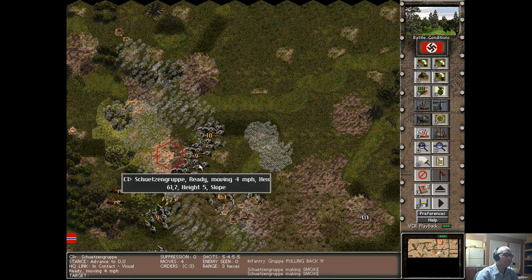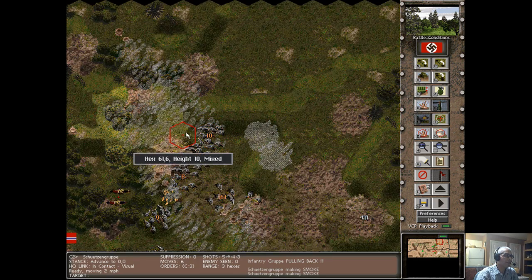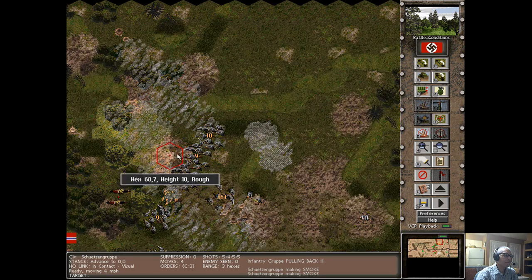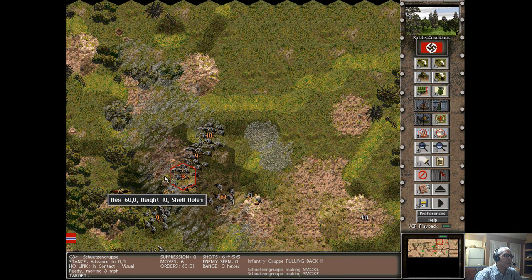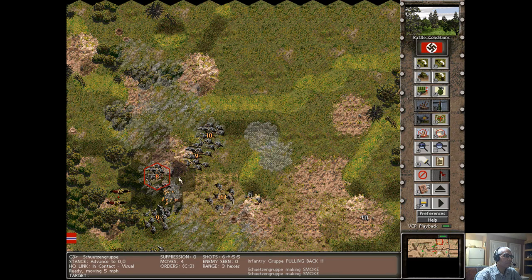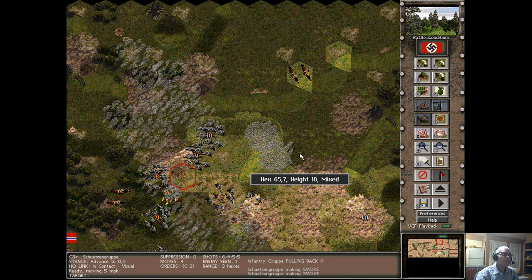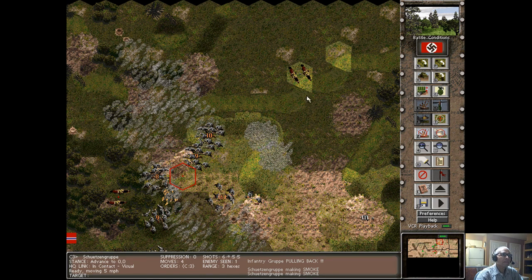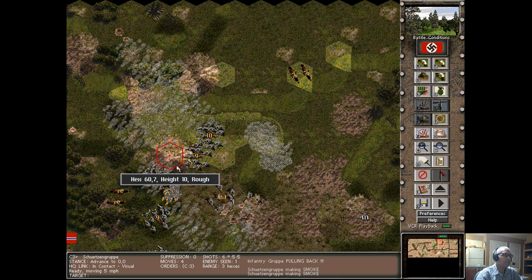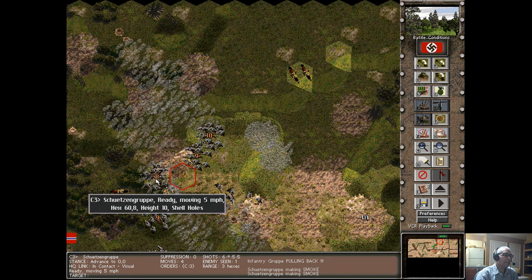Ooh, I can actually see... Wish I'd known that before, because we can actually see into that X from here. We're moving very fast, which is bad. Oh, wow. Okay. So they're moving up that side. So that kind of kiboshes that plan, because now...